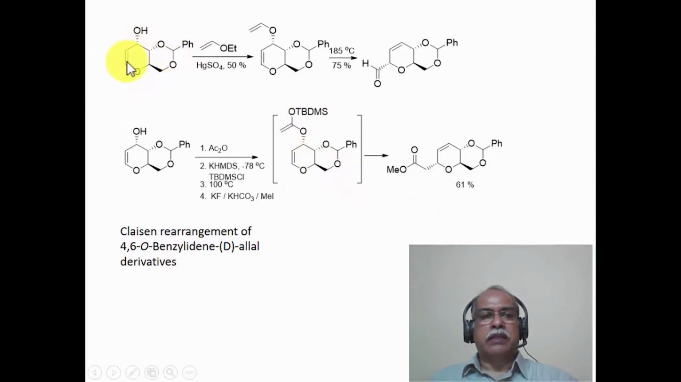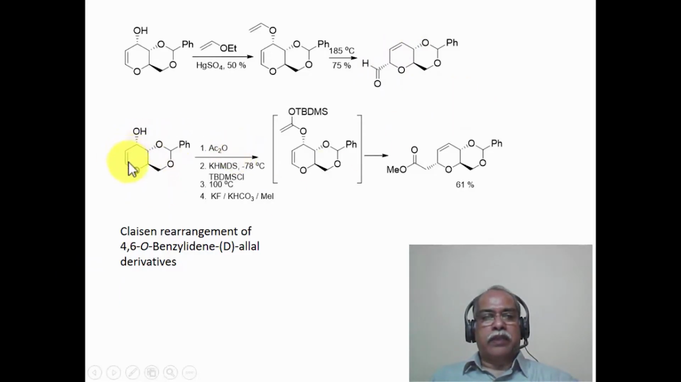In the first instance, this is an allyl alcohol which is converted into a vinyl ether by treatment with ethyl vinyl ether and mercuric sulfate, and heating essentially sets up the stereoselective rearrangement. You can see here this is a 3,3 sigmatropic rearrangement proceeding in a suprafacial manner. So this stereochemistry is essentially retained in this product. So the final product is a gamma delta unsaturated aldehyde in this particular case. In the second instance,